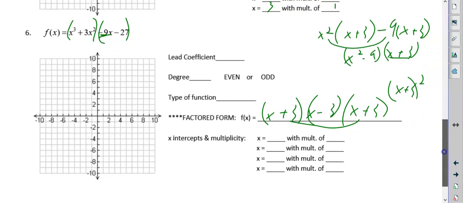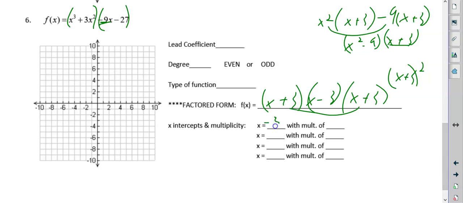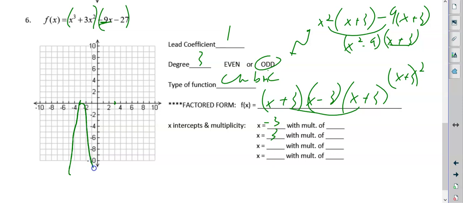All right, so what does that mean? That means we're going to have negative 3 and positive 3 for our intercepts. Right here and right here. Okay, this is a positive cubic. Which again is going to look generally like this. And if we look at it, it's going to bounce off of here. It's going to come down below the 10, negative 10, and go back up here to the 3. So you can see it bounces off the negative 3, goes through the positive 3, and that is